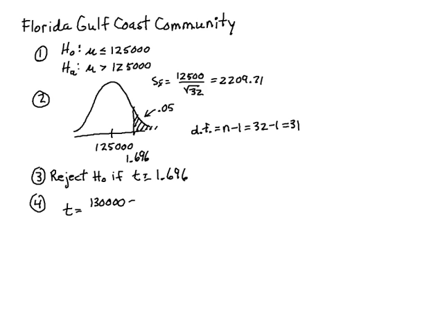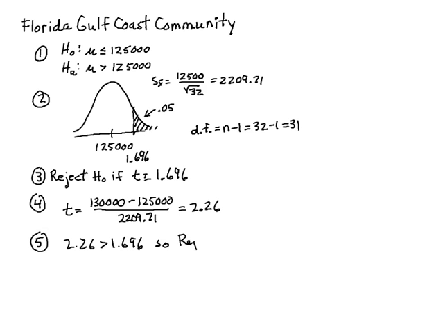So I'll take that and subtract the claimed amount that I'm testing against here and divide by the standard deviation of the sampling distribution, or the standard error, and I get a value of 2.26. So comparing that to the critical value of 1.696, 2.26 is greater than 1.696. So reject